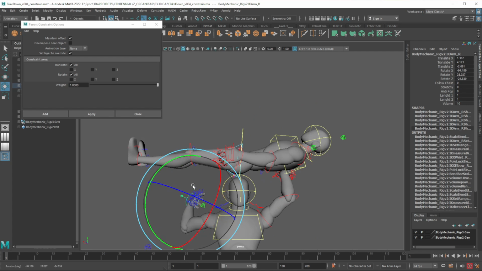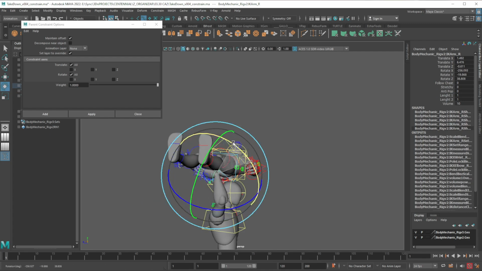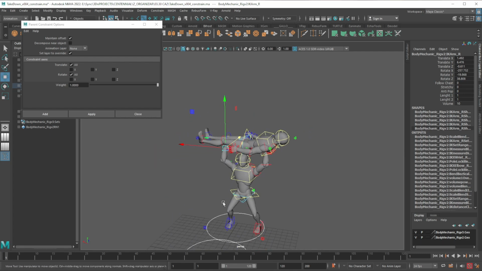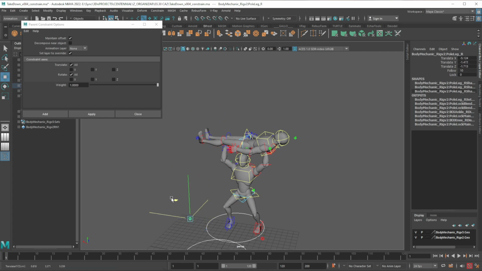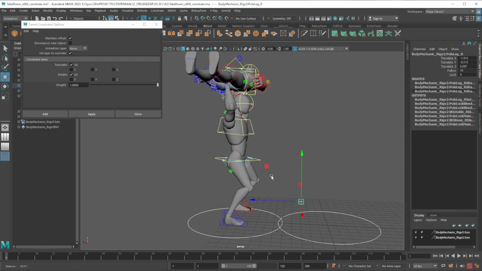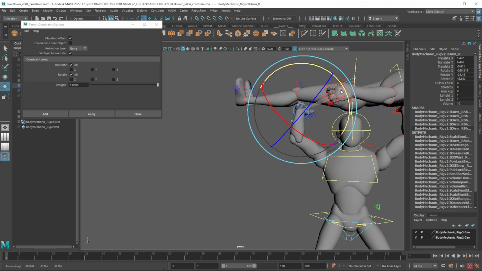We can put it in the same position or any position we want. Let me adjust this elbow. This is the knee. Well, anyway. So maybe we can have the wrist here